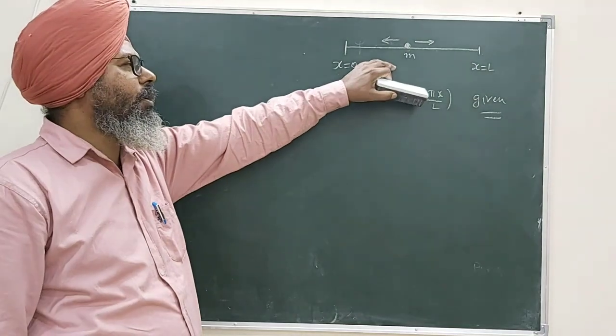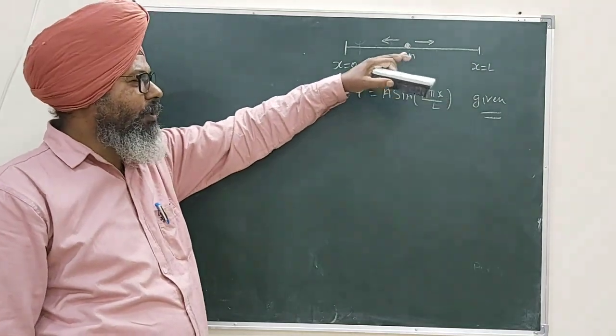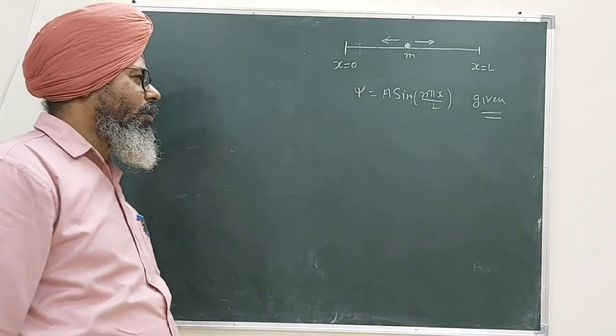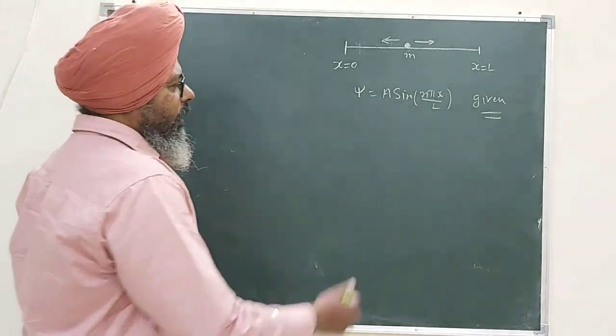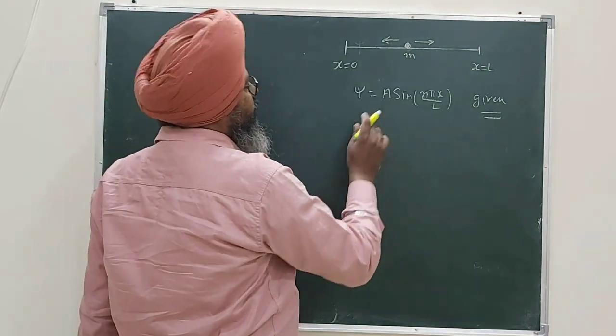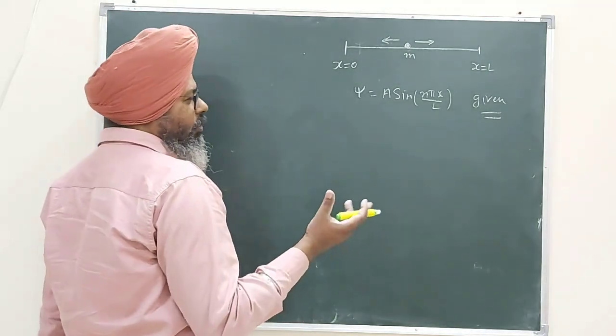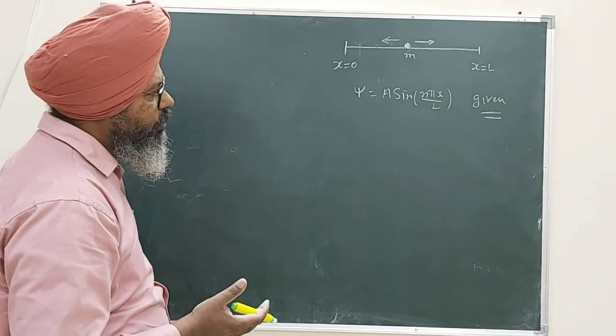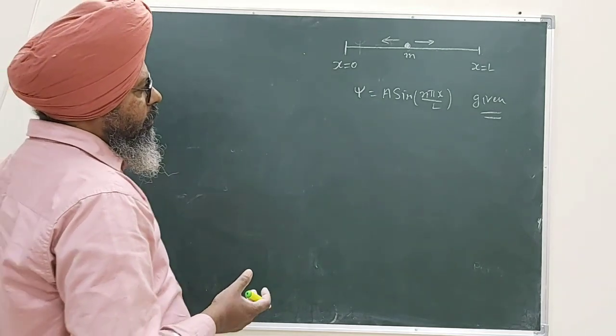I will formulate the equation, solve it, and we will notice that the wave function obtained is this one. Here a is a constant of integration, which comes during the solution of the Schrödinger equation, which is a differential equation,